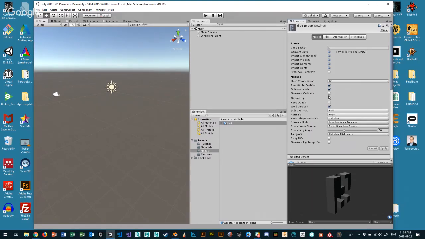Please generate this on. Click generate colliders. Immediately what it's going to do is generate convex colliders, so you don't have to do that by hand. You never want to do that by hand when you bring a model in from Blender. I'm telling you right now, it's way easier this way. Okay. Next,